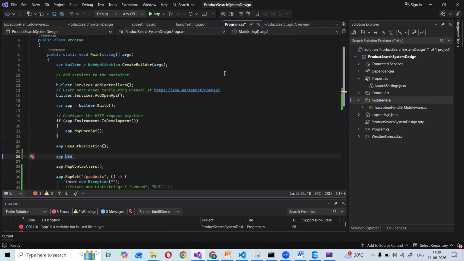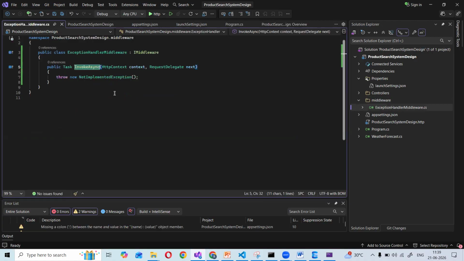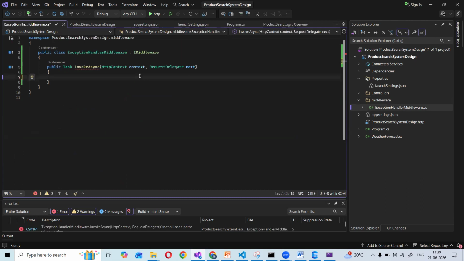So let us go with the factory based middleware. I have implemented what I need to do, so I need to implement this. This is the place where any exception that occurs will come, so here I need to write my code. It has HttpContext comma next. What is the purpose of the context? Because the middleware is for HTTP request processing, it gets the HttpContext object. It has the request and response objects inside it. In the request object, you can read out.